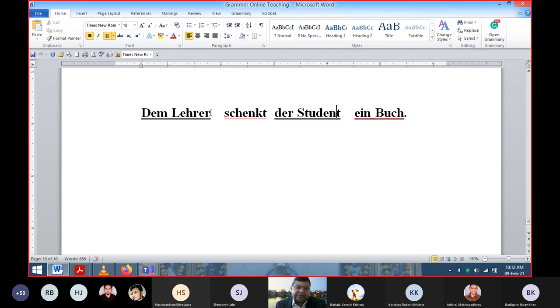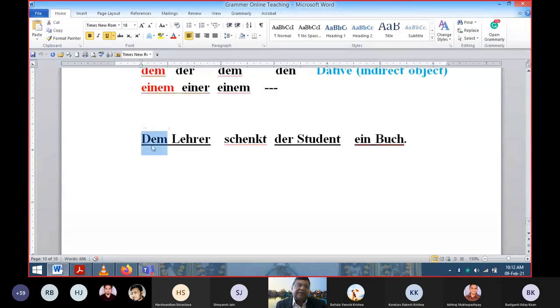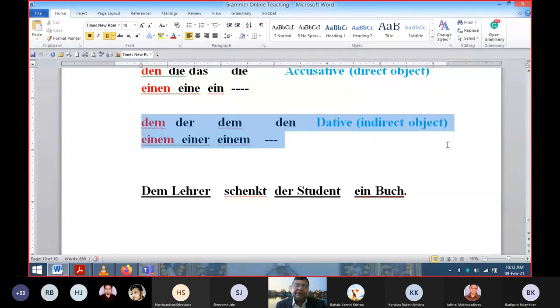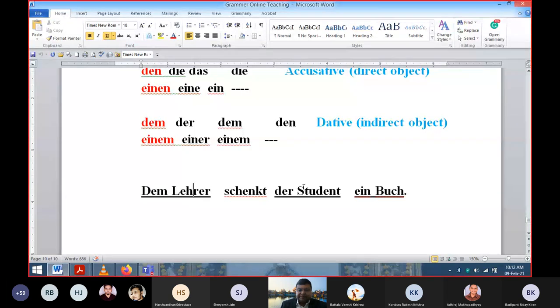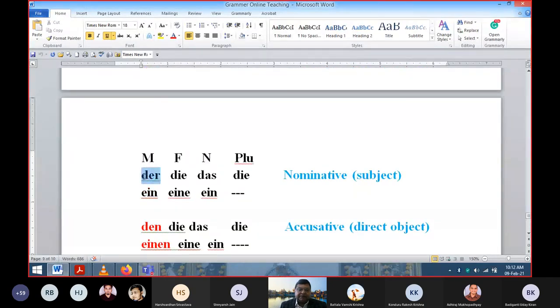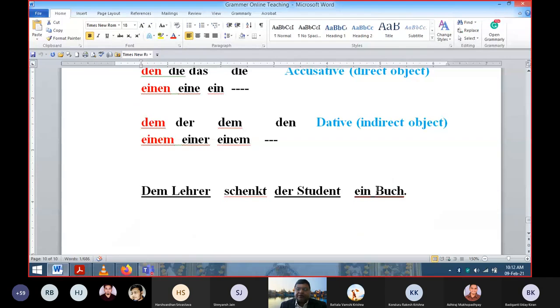Suppose I have put dem Lehrer in the beginning, which is not the subject, because the moment the article dem is there, that means it has to be the indirect object. The translation is "to the teacher", and "to the teacher" can never be the subject. The subject is then der Student, because der is there, and then ein Buch is the direct object, a book. So whether you write the sentence like der Student schenkt dem Lehrer ein Buch, or dem Lehrer schenkt der Student ein Buch, or ein Buch schenkt der Student dem Lehrer,